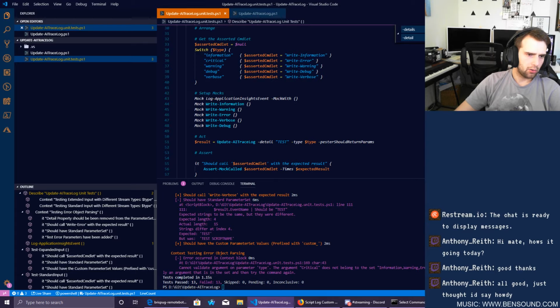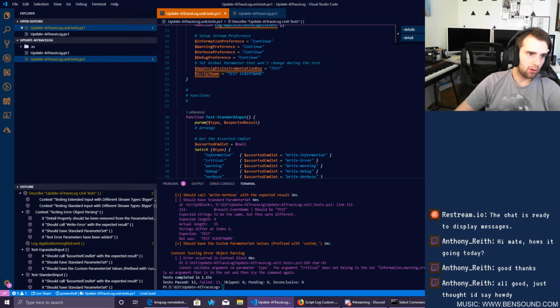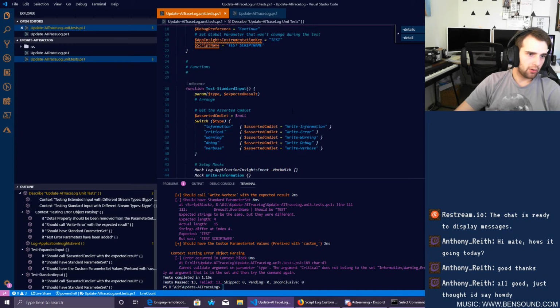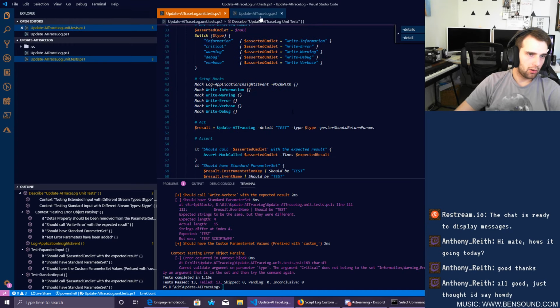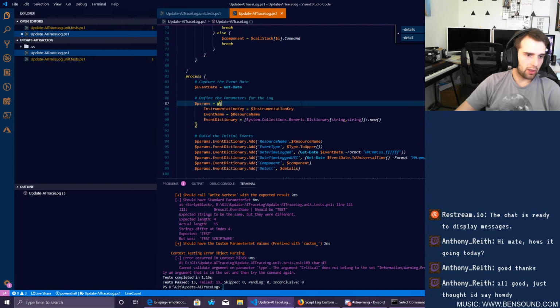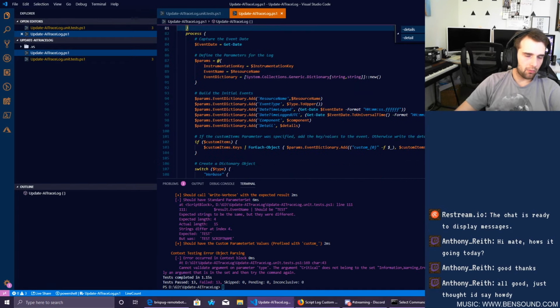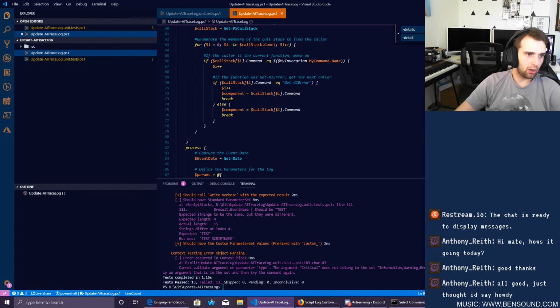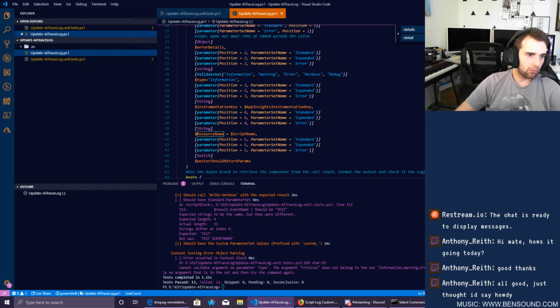Detail type. So we've passed in the test script. Okay, so what we're going to do now is once we've fixed all that, so I think that's probably, we also need to pass it object. So what we're going to do is we're going to fix all this up, and then we're going to get test passing again, and then we're going to go ahead and break it again. So we've got resource name, event type, date time logged. Okay, so resource name is being passed in, that's script name,